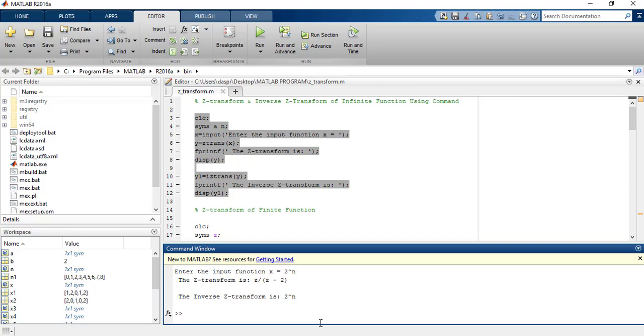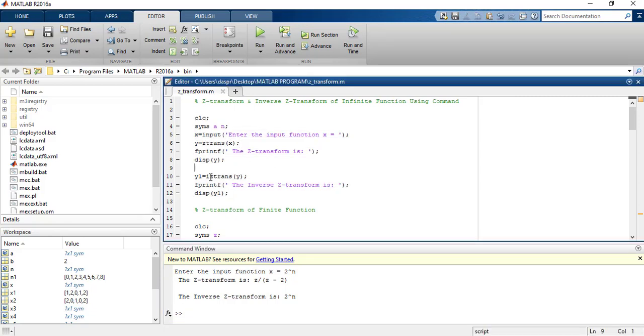So you have to modify this command in such a way, but I don't want to make it complicated for you. When you check, put in your input function with real values, that means either 1 to the power n, 2 to the power n, 3 to the power n, like this. Put this type of variable, and after that you get your result. Okay, this is your result.